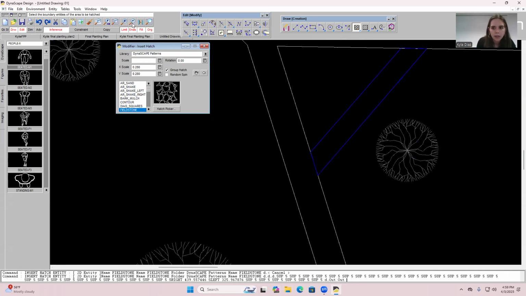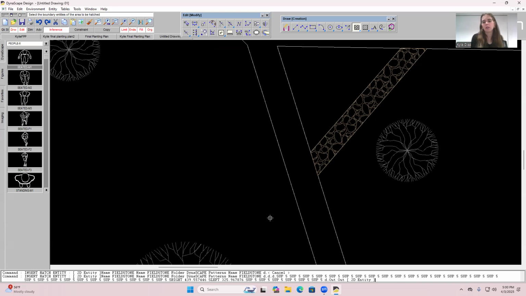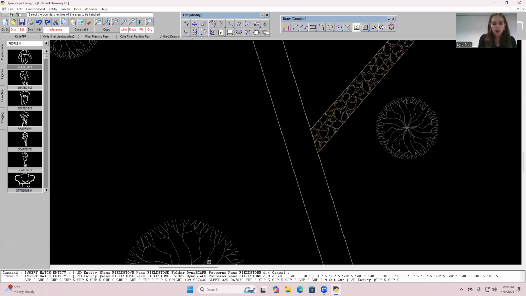I'm going to zoom back out just a little bit, and I'm going to right click somewhere in the shape. And now I have my flagstone. Pretty, right? If I wanted to scale that a bit differently, say I wanted the flagstone to look a lot smaller or have even bigger flagstone that is to scale, then I can manipulate that here. Okay. Now, if I wanted to do something curved,